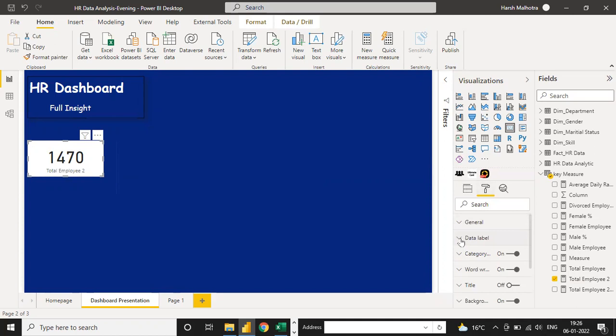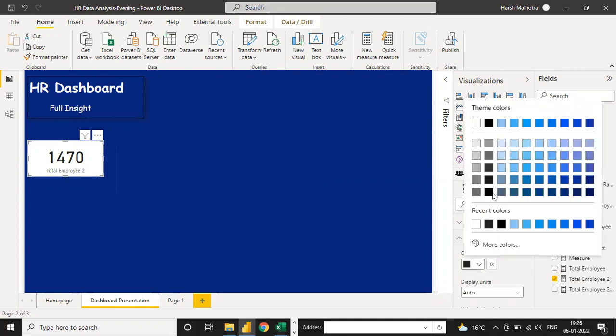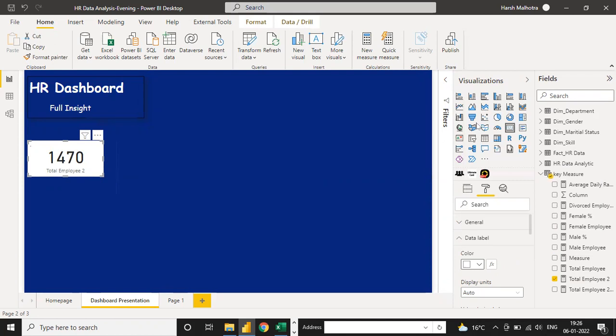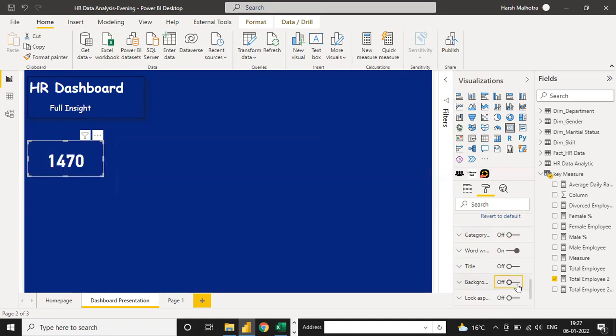Under this data label you have color which is black, so I want white. First click on down, we need some bold. Category you can switch off or switch on. Total employee, switch off. Okay, background switch off.